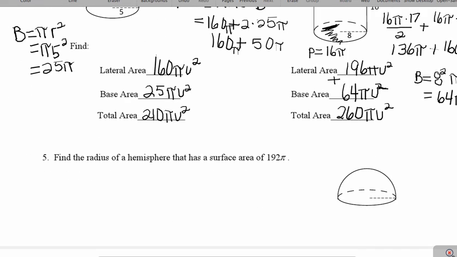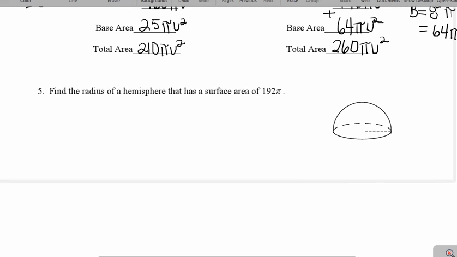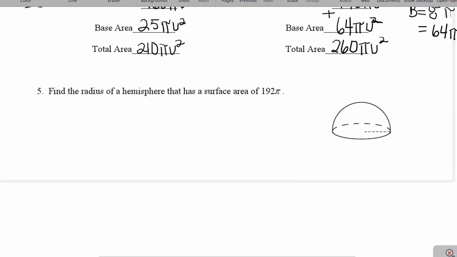Moving on, if we take a look at our last example, example 5, it says to find the radius of a hemisphere that has a surface area of 192 pi. Now this one's a little bit different because we actually are going to need to work backwards. It's not asking us to find the surface area, it's giving us the surface area and asking us to find the radius. So recall that to calculate the lateral area